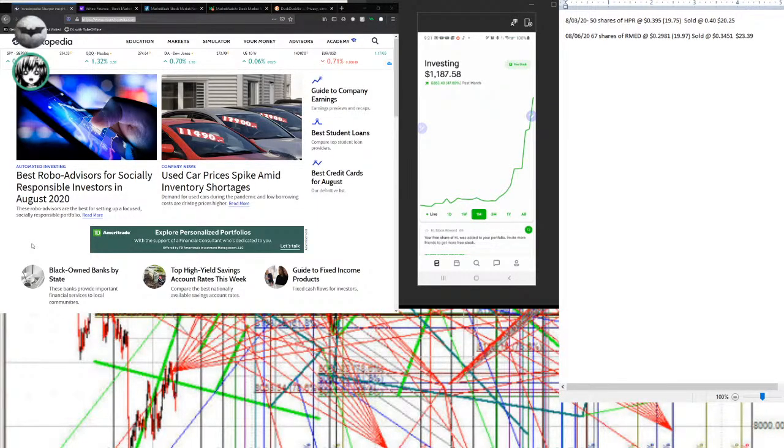So "best robo advisors for socially responsible investors in August 2020" is a joke. And I'm not saying this as a pro tip. Like, these are actual investing gurus that talk about these kinds of things and people who actually make money on the market. When you see something like that, or you see something like "invest in this business" based on some of the things below that, you're not going to make money. I mean, you have two options in the market. Do you want to invest in things based on ideology, or do you want to make money? And those are